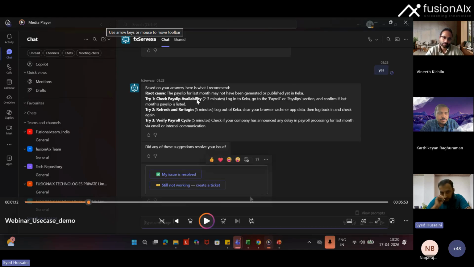These are the different suggestions. I can try these options, and if the issue is resolved, I can click my issue is resolved. But let me click on still not working, because here is the best part.